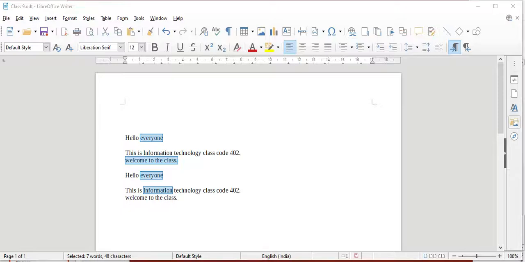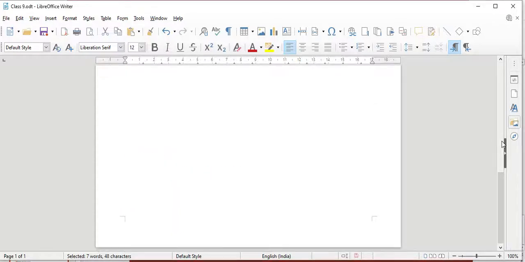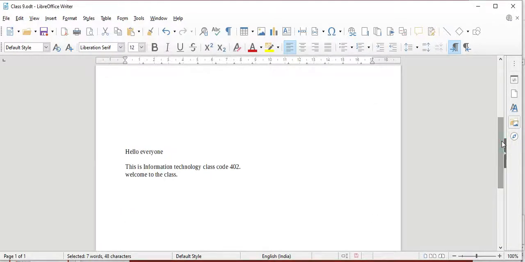Another tool for formatting and editing is the Find and Replace tool. This feature is used to search for text and replace it with other text. If you have made your document but later realized that the meaning of a word is different, and you want to change it, and you have a very long document, you cannot go through it one word at a time and replace it.